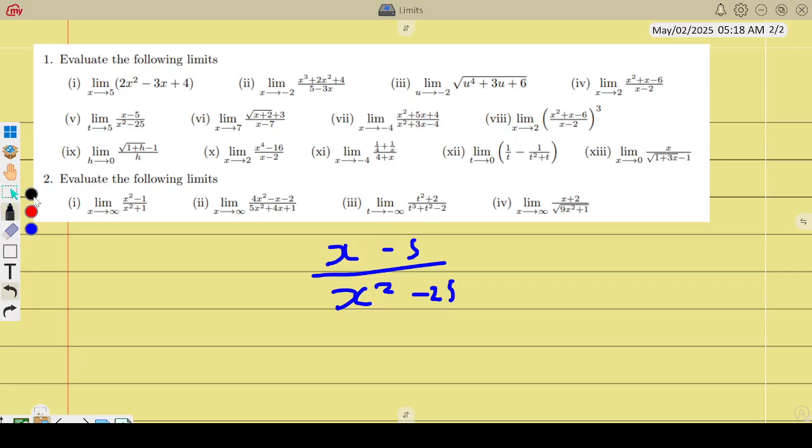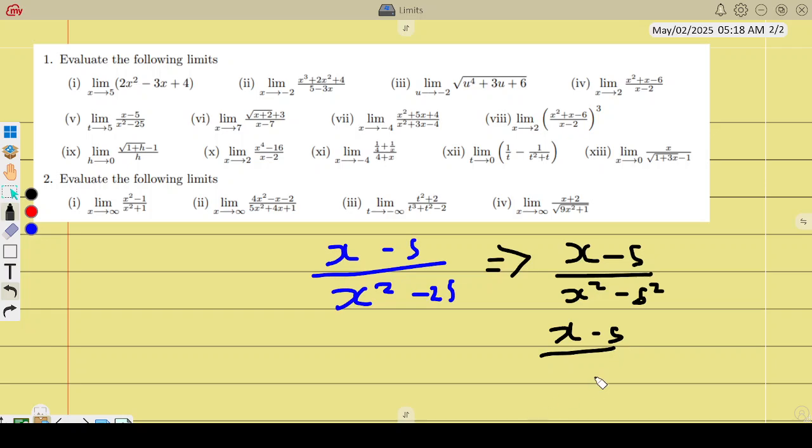So here you can be able to see that the numerator can be simplified. This is the difference of two squares. We have a minus 25 can be written as 5 squared. Yeah, and then from here this will be x minus 5 over x plus 5